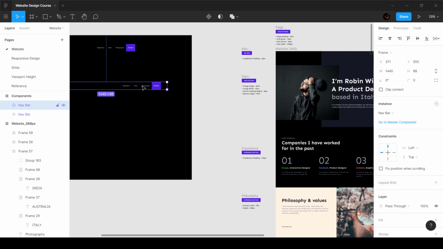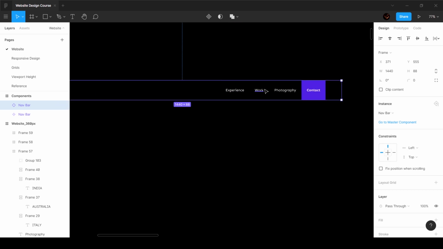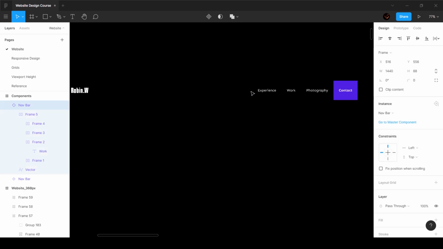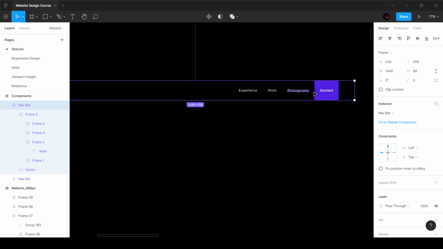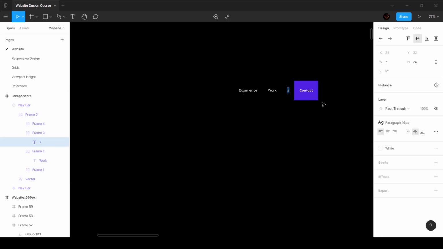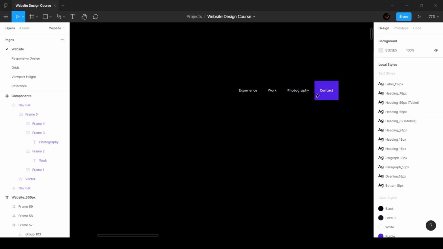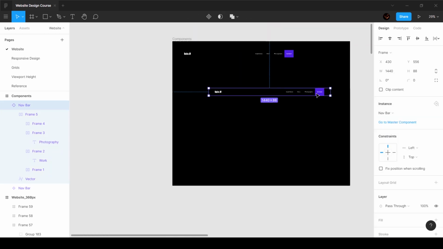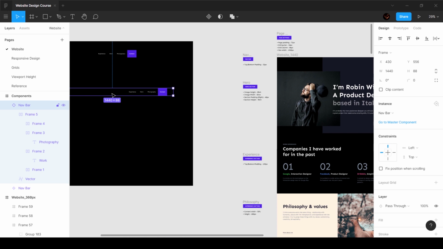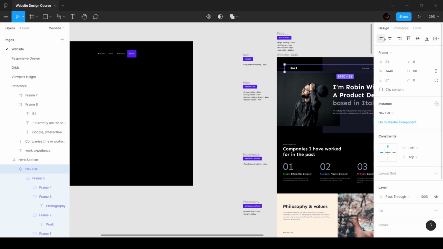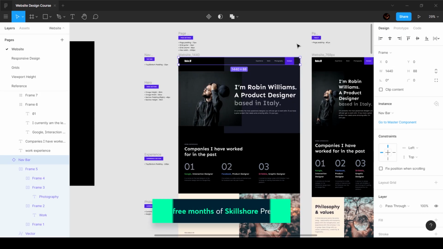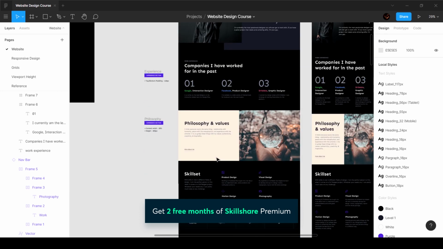And this is what a component does. If I show you what happens, I actually will not be able to move things around. I can't do stuff. The only thing I can do is change text, and that will adapt. I won't be able to make a lot of changes to this because this is an instance of a component. So I'm going to drag this over here and move it to the top.